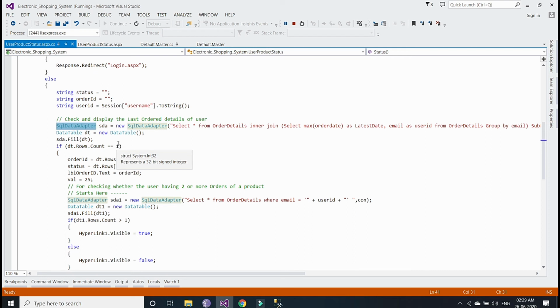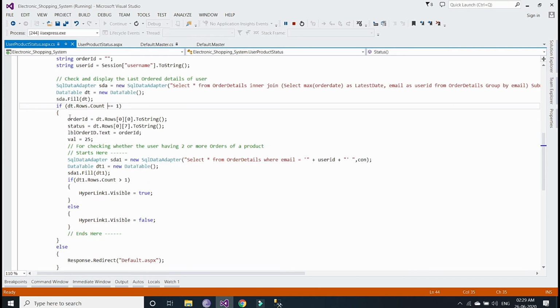So if we get one record, then we get the order ID from the columns present in the data table. At the 0 column, 0 index, we get the order ID, and at the 7 index, we get the status.